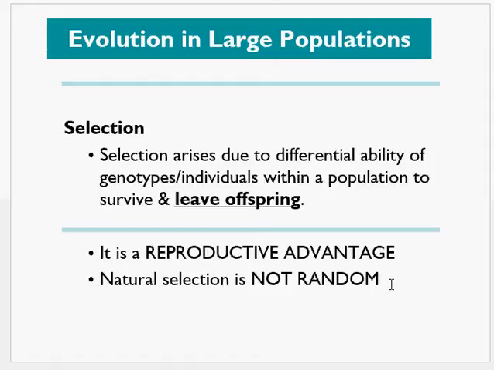So their offspring will be carrying the genotypes and the alleles for white coat color, and the individuals which have the alleles for brown coat color will stick out in the snow and will be predated upon, and they will not leave offspring. So selection will choose for specific alleles, and it is not random, so those alleles will be represented more in the next